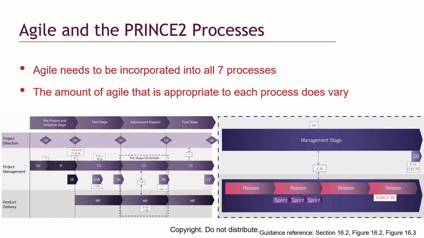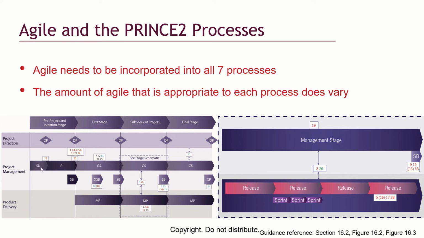So the overall Prince2 process model does not really change at the higher level, as we can see from here. This diagram shows us how Agile needs to be incorporated into the 7 processes. According to Prince2, you have 7 processes. What are those processes? Those processes are